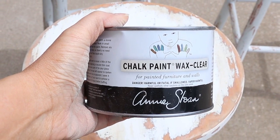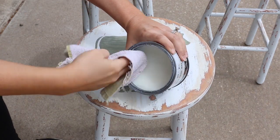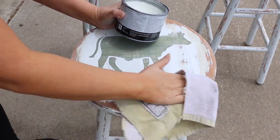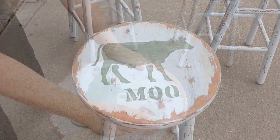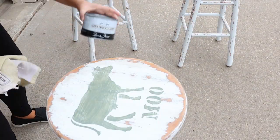So the next question I got was about wax, and I know a lot of you guys have questions about wax. So the question was, when do you use wax over your chalk paint? So this is my basic rule. I use wax on main pieces of furniture, things that are going to be sat on, people are going to touch, they're just going to get a lot of wear and tear, because what the wax does is it hardens on the piece and it acts as a sealer